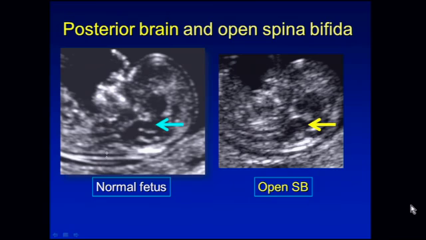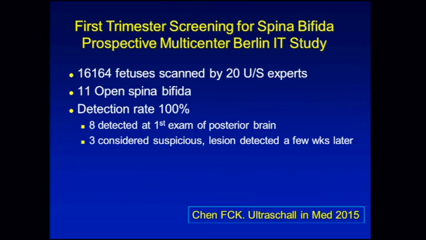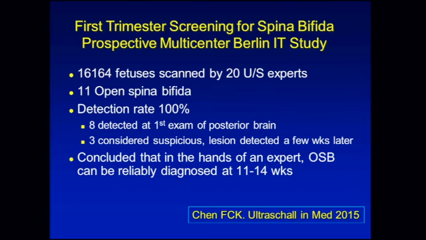open spina bifida. A recent report of this prospective multicenter Berlin IT study reported in over 16,000 fetuses scanned by 20 ultrasound experts, there were 11 cases of open spina bifida. The detection rate was 100%. 8 cases were detected at the first examination, and 3 cases were considered suspicious at the first examination, with the lesion detected a few weeks later. The paper concluded that in the hands of an expert, open spina bifida can be reliably diagnosed at 11 to